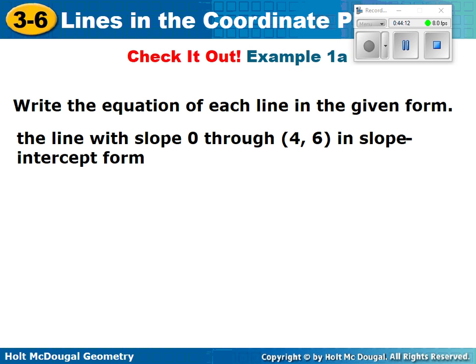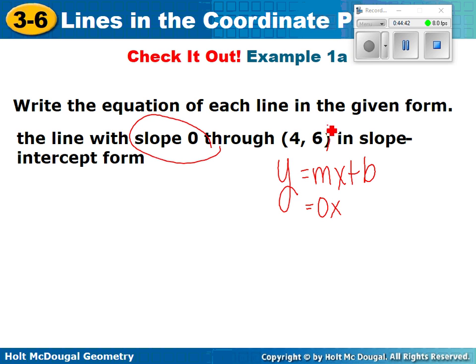Okay, I'm going to ask you, once you get that graphed, we're going to see how much you knew how to do and what I need to review with you. So first of all, go back to this one. Write the equation of a line in the given form. Slope-intercept form, which should have been y equals, put your rulers down, y equals mx plus b. It is a slope of 0. So that would be 0x, and it's passing through the point 4, 6. So you could start with this equation and plug in 6 for y and 4 for x